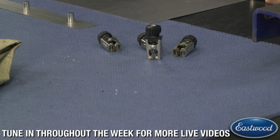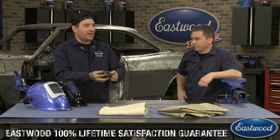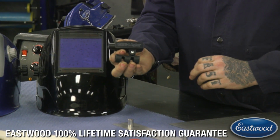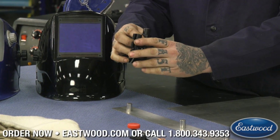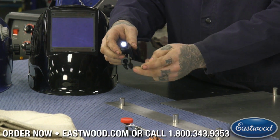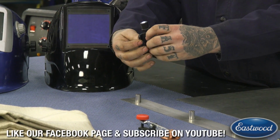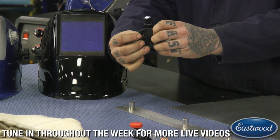So probably my favorite thing that we're going to show today, next thing, is this little Mig Light that we sell. I know it sounds silly, but I feel like every time I'm welding, I never have enough light. So we have this little Mig Light that we offer that's got an extremely bright light on the end of it. And this is pretty much a universal fit, so you don't have to have an Eastwood MIG welder to have this light. It's got this little adjustable rubber. It's really flexible, so you could fit this over really any MIG welder